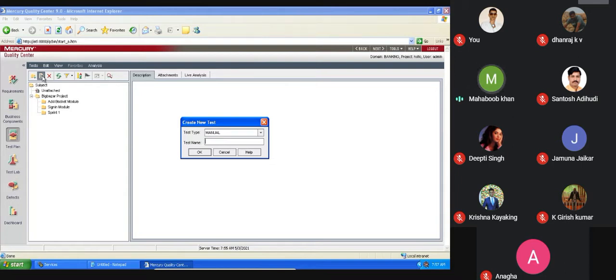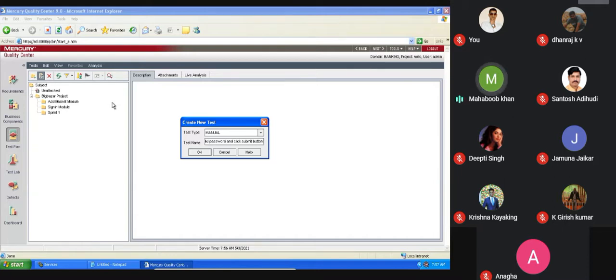What is the first high level scenario? Verify the login page by providing a valid username and valid password, and click submit button. Correct? So this is the scenario.